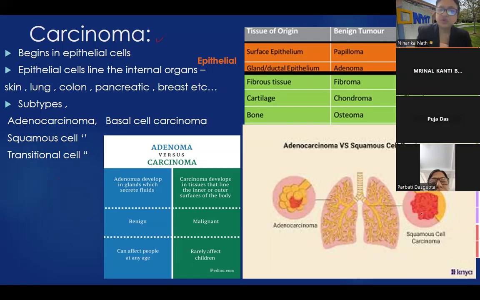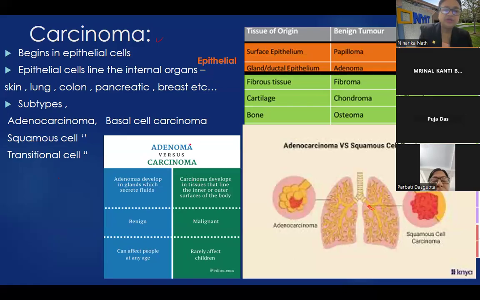Versus the squamous cell carcinoma, which is in the lining of the bronchus here. So a different type, just a different location where there are squamous cells. That's where squamous cell carcinoma would be, and the adenocarcinoma is where it is going to secrete stuff, so it's going to be in the alveolar ducts here. So why are we showing you lung? Because lung is one of the very strong cancers, I mean, bad cancers, deadly cancers, let's say.